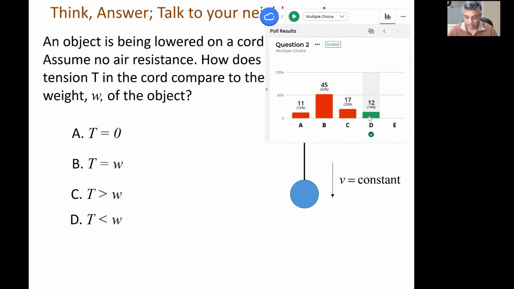So you think I'm right here by saying D? Yeah. Okay. But looks like a lot of folks don't agree. So why do you think I'm not right, folks? Well, I would think it would be B because it's saying that it's being lowered at constant speed, so that implies Newton's first law, so that means that there shouldn't be any net force, so tension and weight should be equal to each other. Oh man, you have to think all those things?